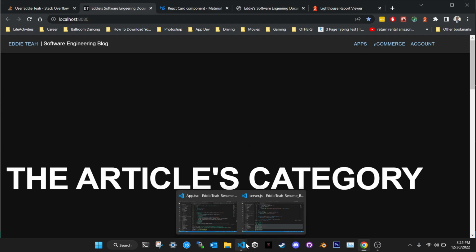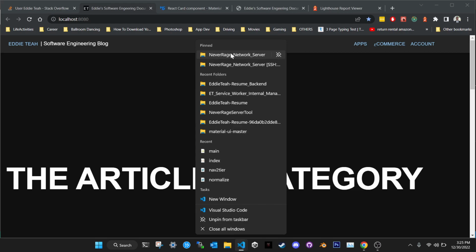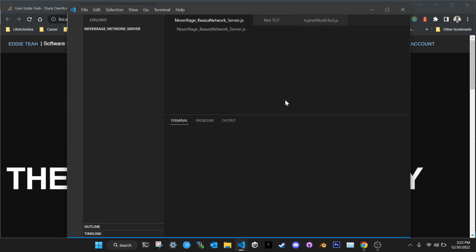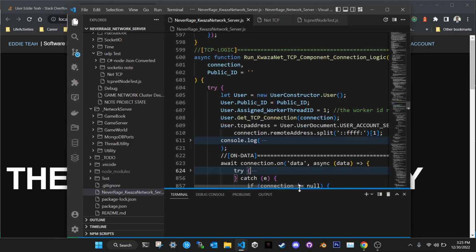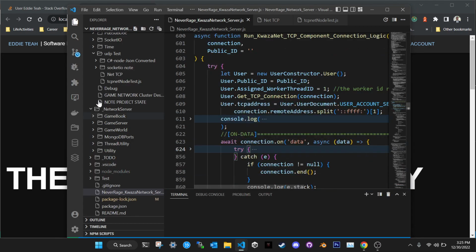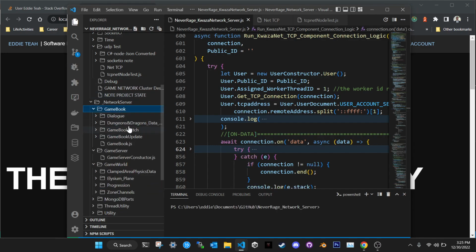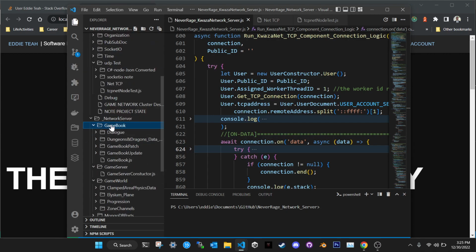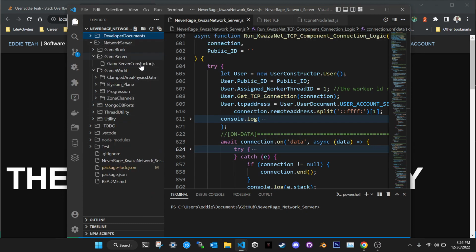I have other personal projects. They are for game development. This here is a multi-threaded server, and I built this with the protocol and everything for Unity. As you can see, there are a lot of code files here. I organized it, and I have my documentation on everything. I always add a developer document folder, a very good, decent practice.